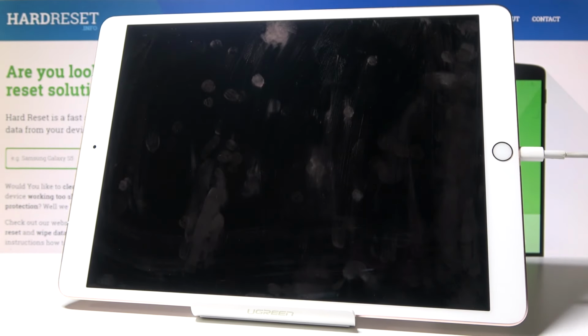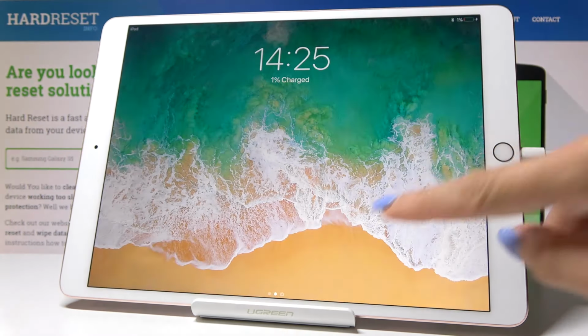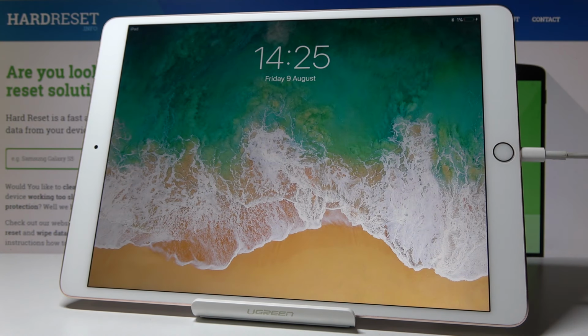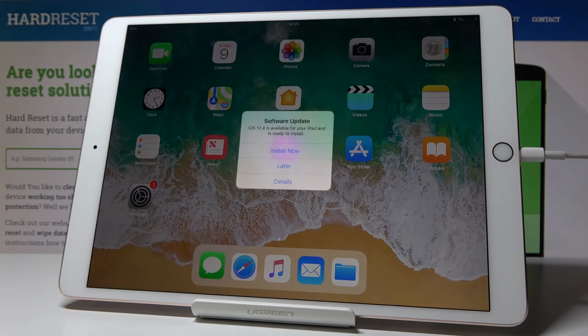And that's it. All the settings have been reset. Now you can use your device with the default settings and you can set everything from the beginning. So that's basically all. This is how you can reset